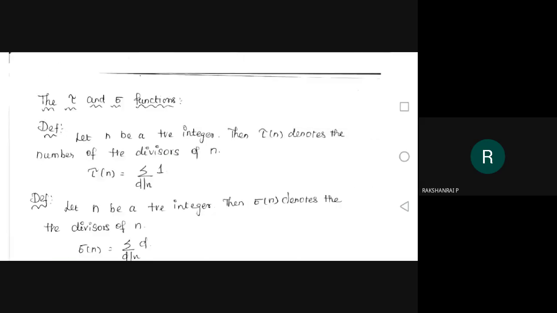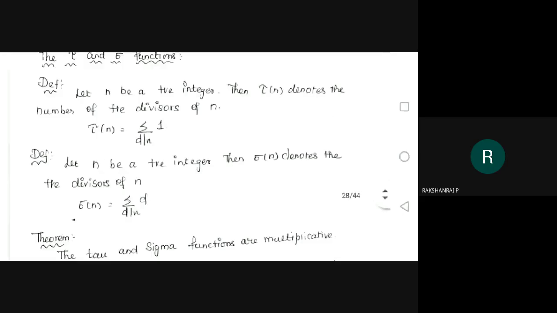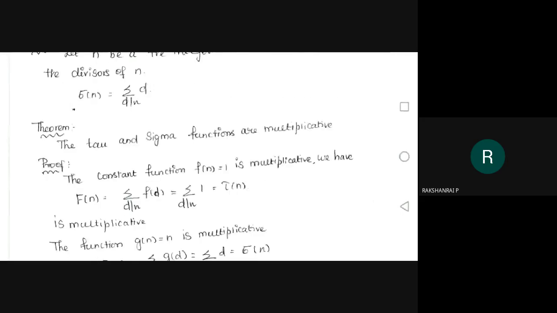Then we discussed tau and sigma functions. Tau of n means the number of divisors of the given n. Sigma of n means the sum of the divisors of n. And we proved tau and sigma functions are multiplicative functions,